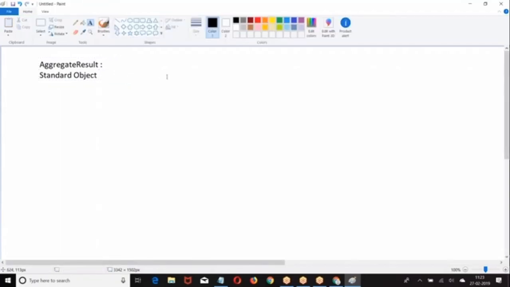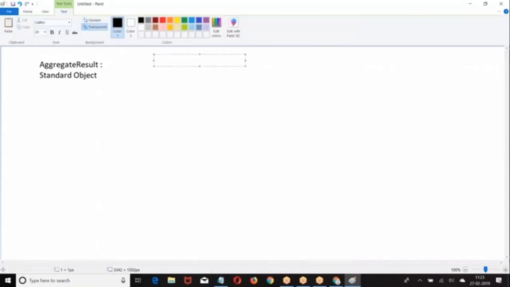Now I will give you quick points here. Look at the point before we go forward with the aggregate function. A quick revision of a topic which will support the aggregate functions. If I want to create an account, Account acc equal to new Account.